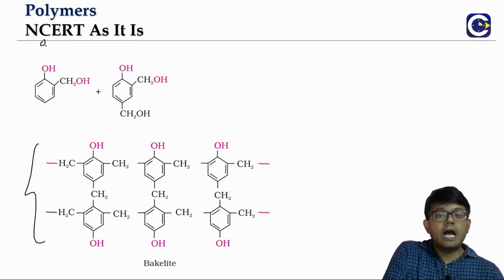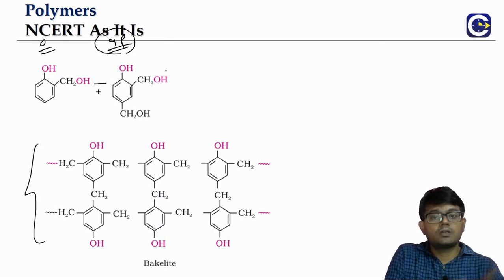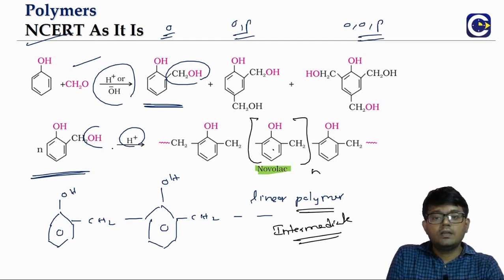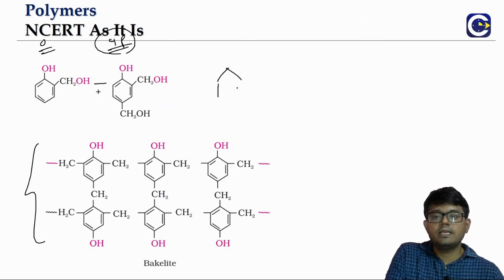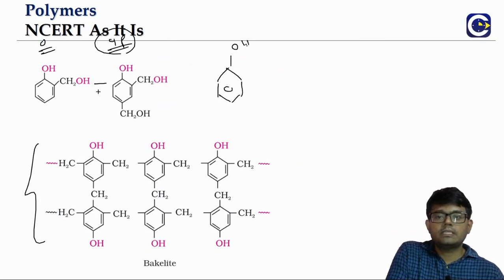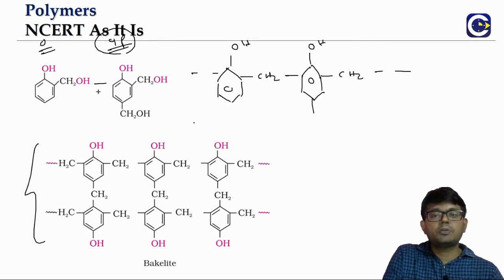be obtained. If you have an ortho and an ortho para substituted phenol, from the ortho linkage we'll get the normal linear bonding, as we have seen in the case of the formation of Novolac. You will have a linear chain. So you will see here what we will have. There will be a linear OH, CH2. Then we will have OH, CH2, and so on. They will be linear. But you see here we have the para position, we have